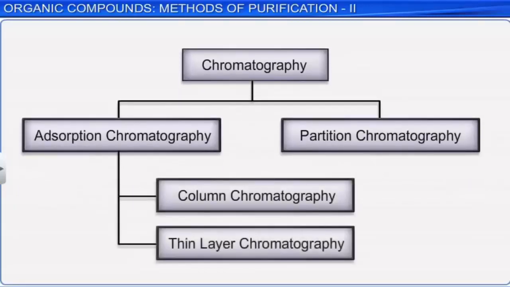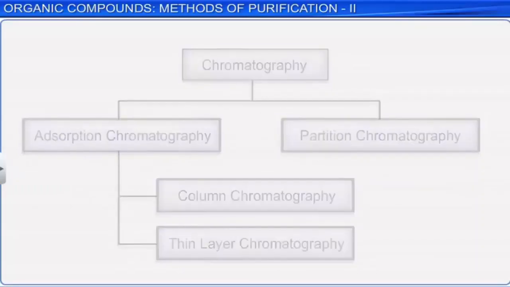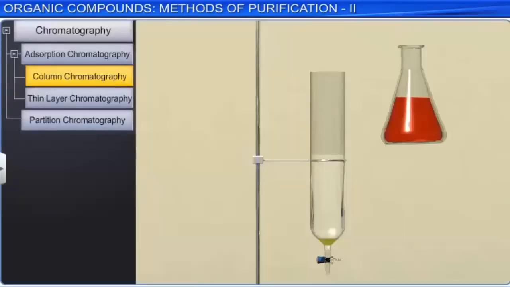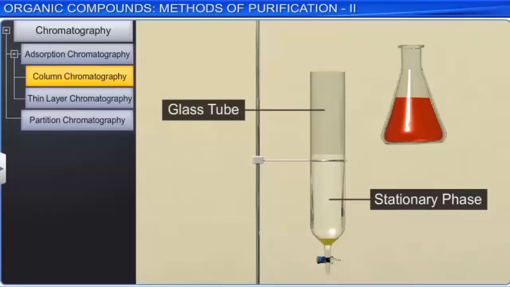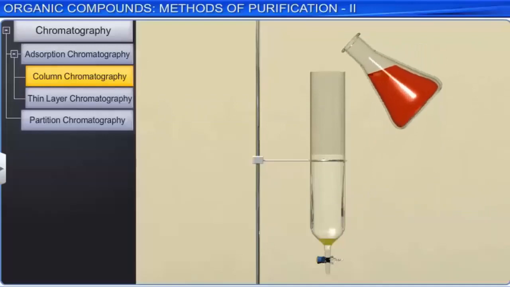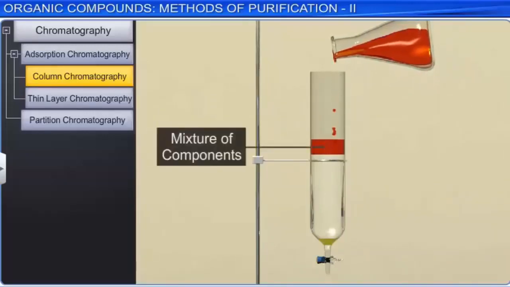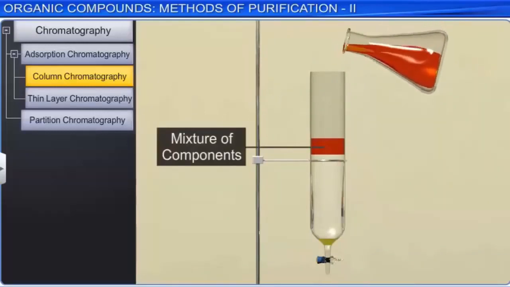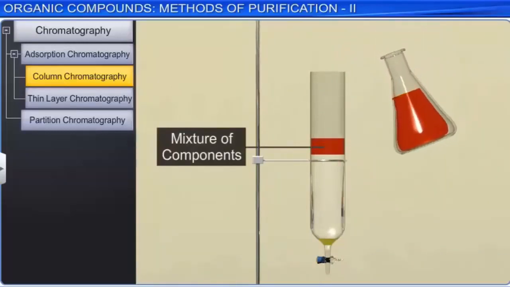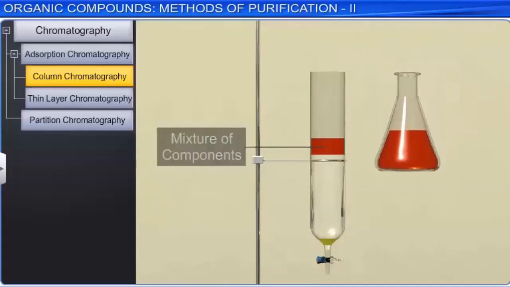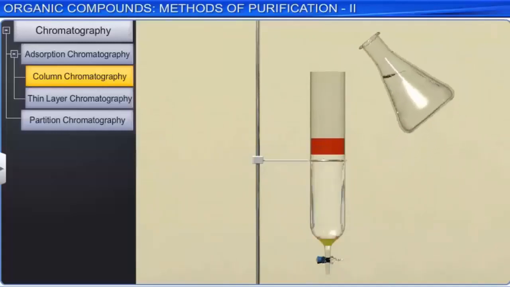In column chromatography, first, the stationary phase, which is the adsorbent, is packed in a vertical glass tube. Then, the mixture of components to be separated is placed on the top of the stationary phase. An appropriate mobile phase or eluent, which is a liquid or a mixture of liquids, is allowed to run down